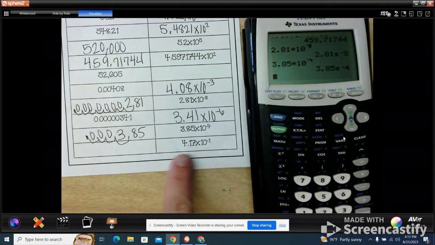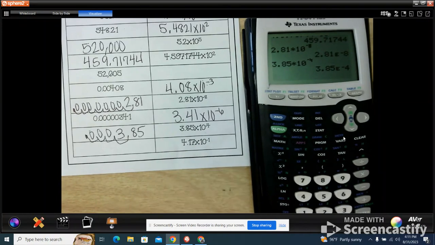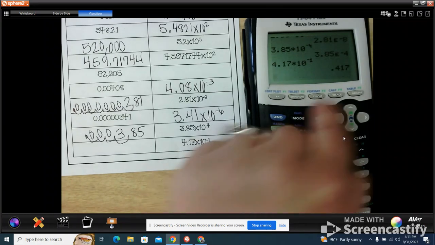This last one, we can type it in. So it does do -1, -2, and -3 as an exponent. So 4.17 times 10 to the power of -1. Enter. And then there is our